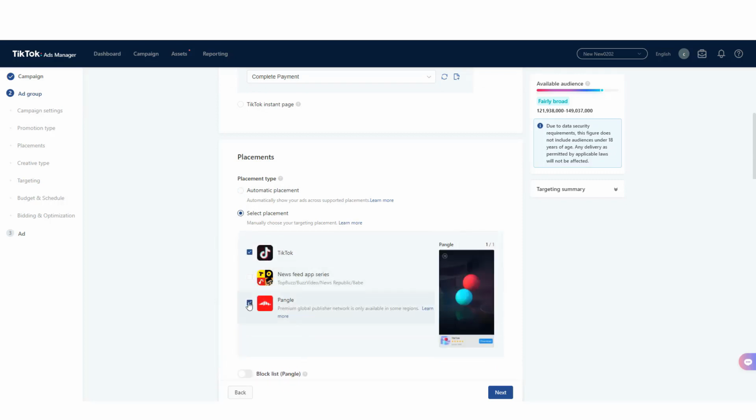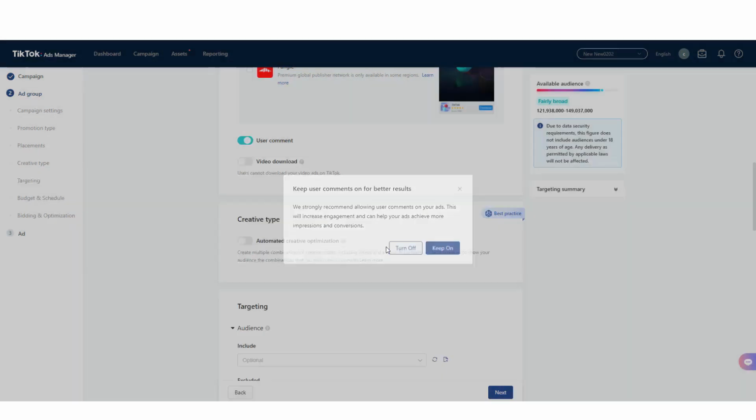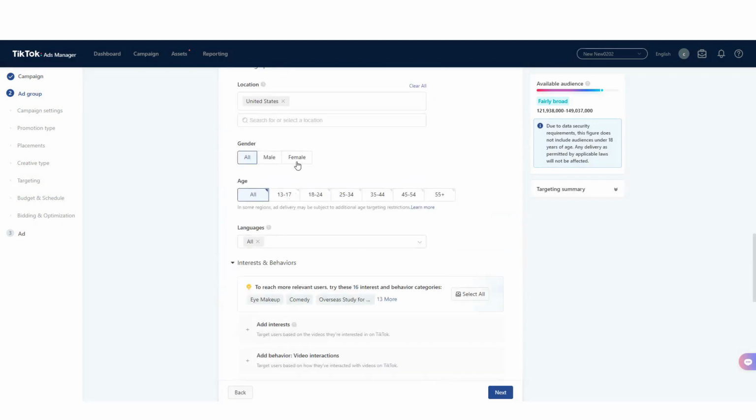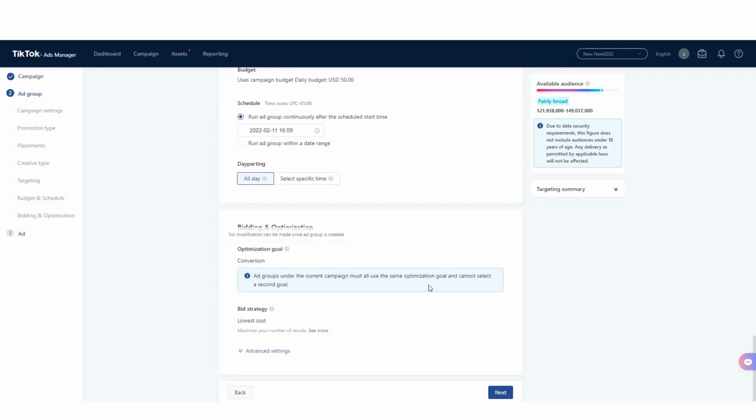Select the placements. You can use user comment on or off, doesn't matter. I'm just going to leave it off for now. So I'm going to leave this one open right now. You could pick either if it's male or female or both. I'm going to just do this one open. So then